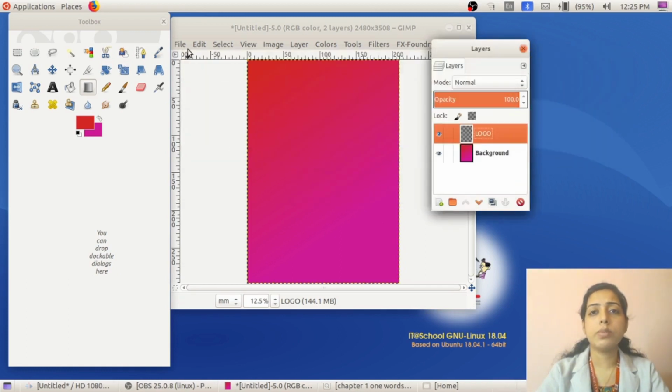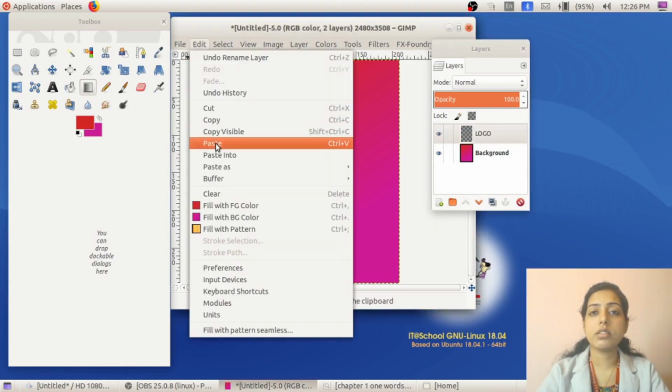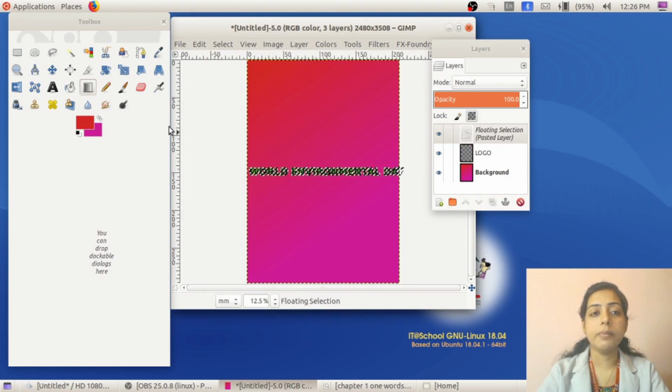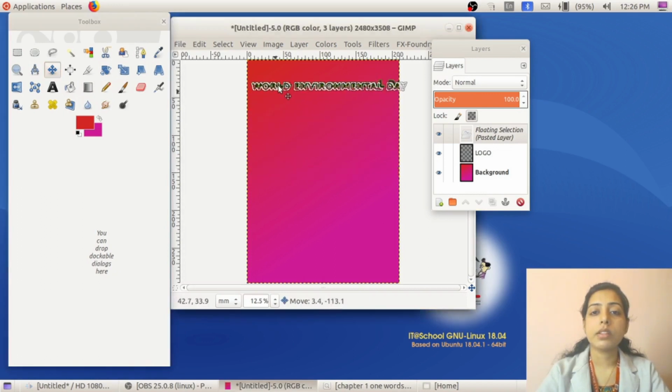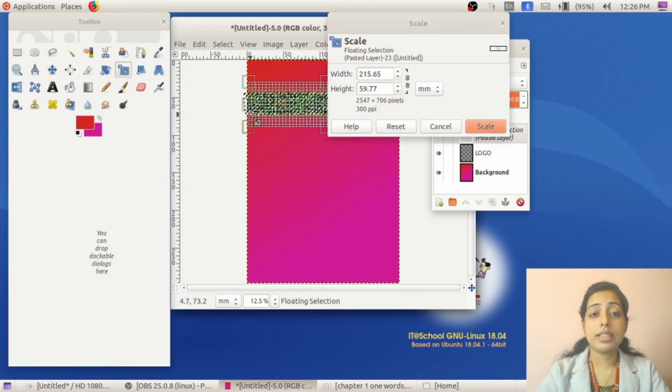We don't have to perform any changes in that logo. So discard changes, then Edit, Paste, or Ctrl+V. Then by using the move tool, simply move this over here. By using the scale tool, scale the image.